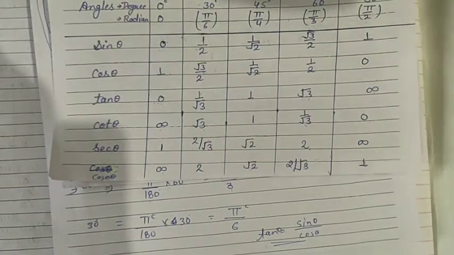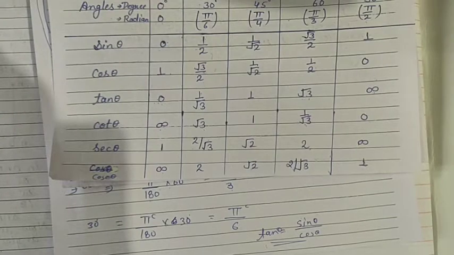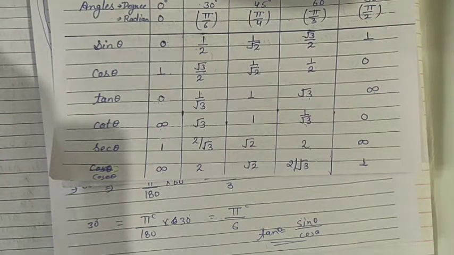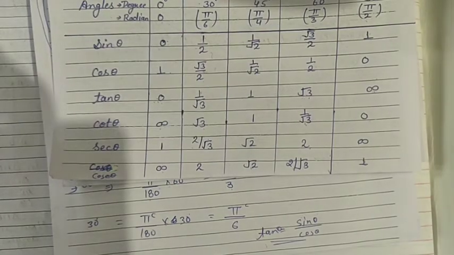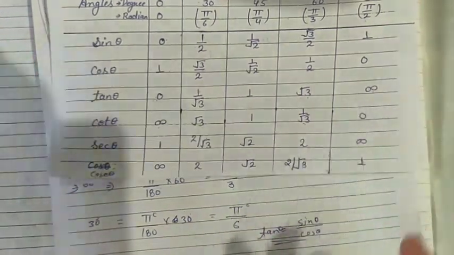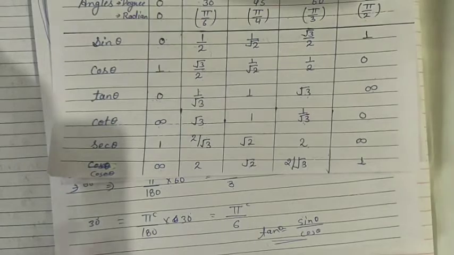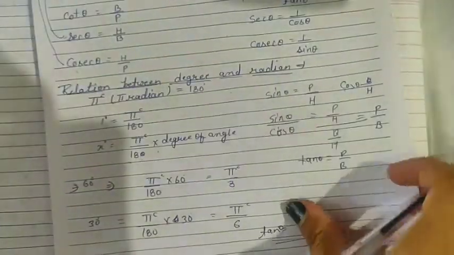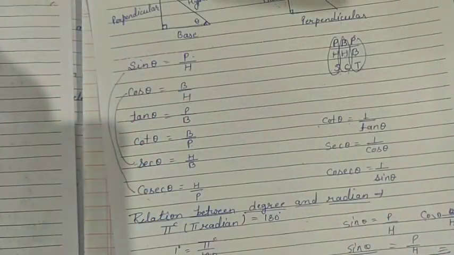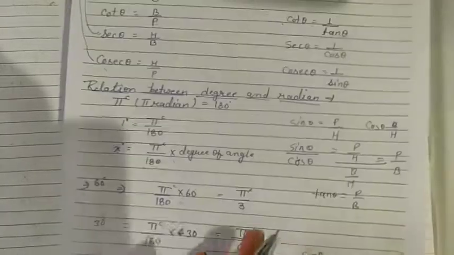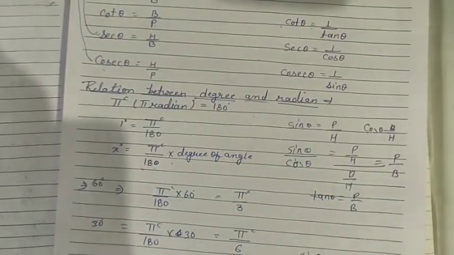Now with the help of this table, we can solve our exercise 6 easily. Students, for today you have to learn this table and trigonometric values. Sin theta is equals to perpendicular upon hypotenuse, and how to convert degree into radian. Okay, and in our next video we will do some questions of our exercise.